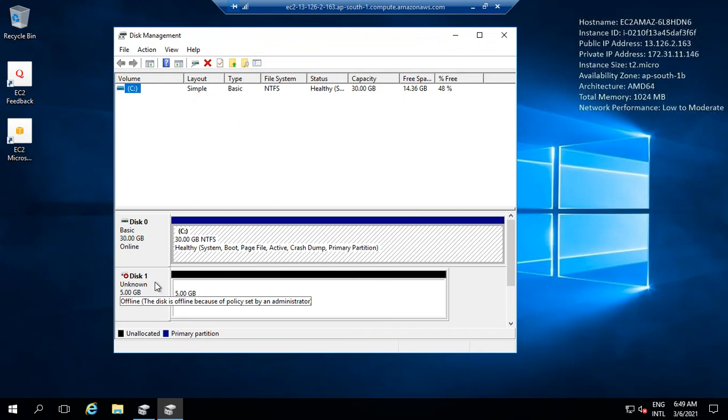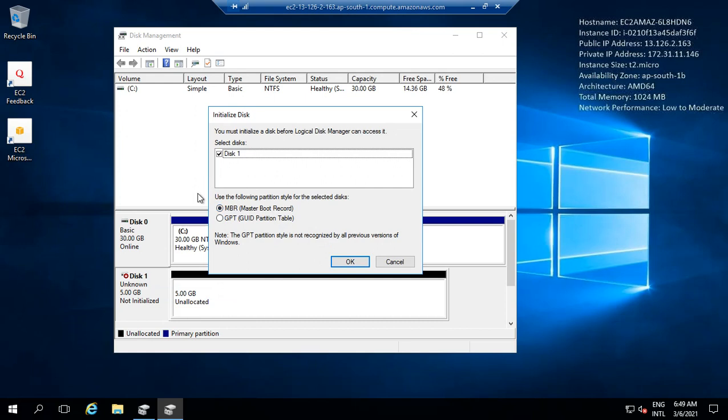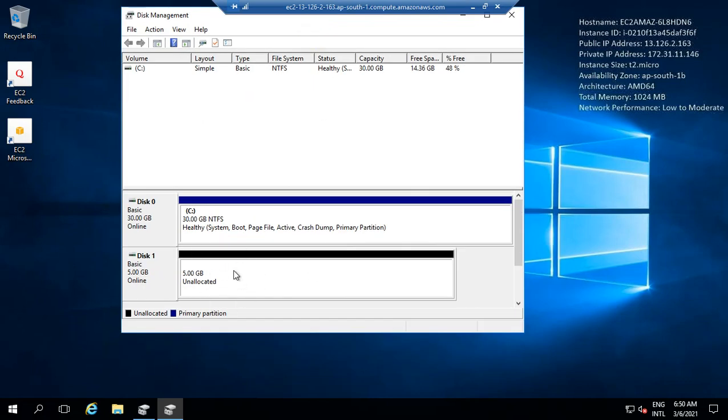To use this hard disk, right click on disk 1, click on online, again right click and click on initialize disk. Which type of disk you want, MBR or GPT. I have selected MBR. Now the 5 GB disk is unallocated here, and you can create a partition.